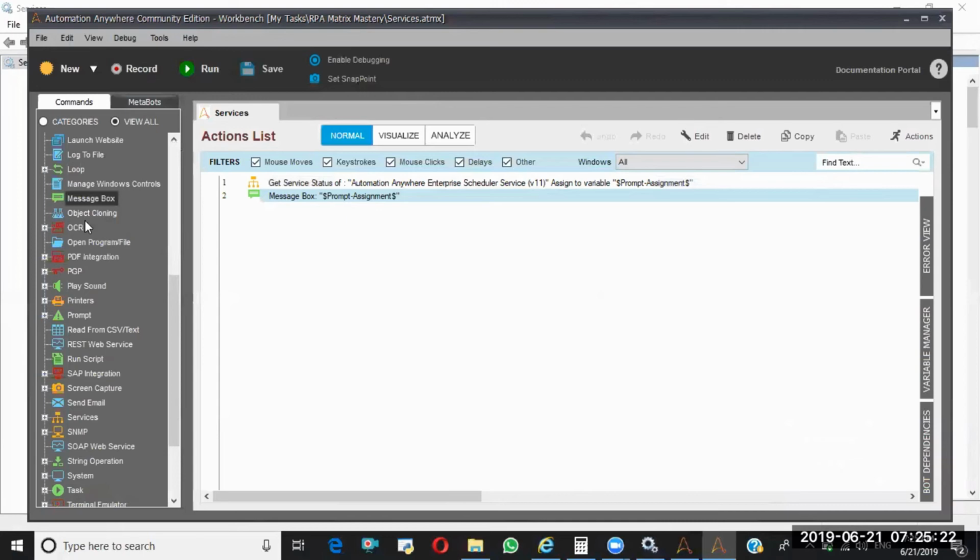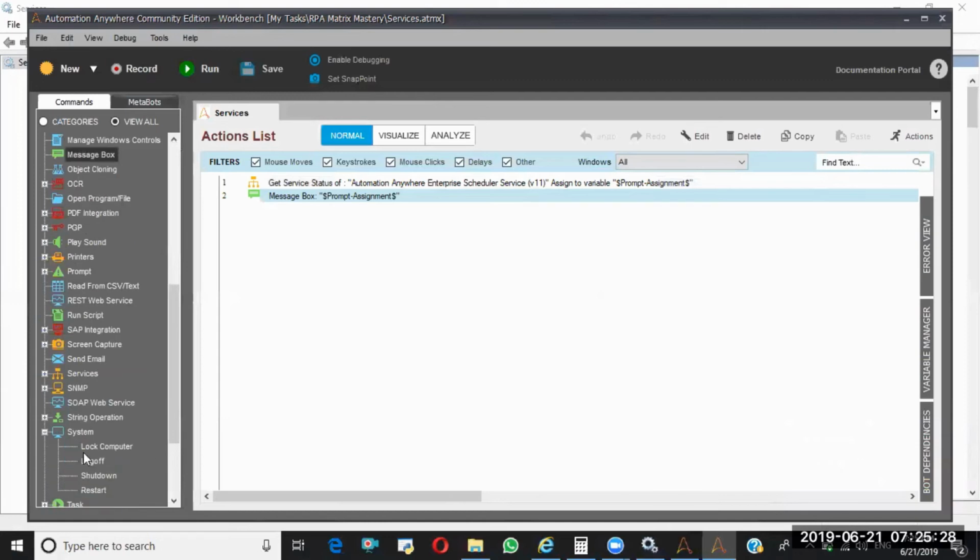So next, we'll discuss another set of commands called system. System also works in the same way. Lock computer is the command that helps you lock the particular computer, log off helps you log off the particular user, this is the shutdown and this is the restart.